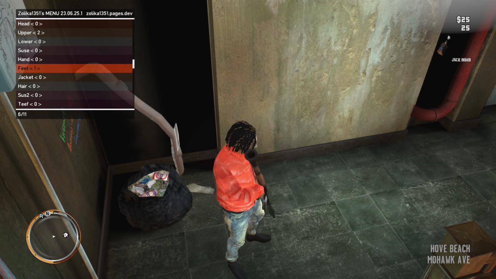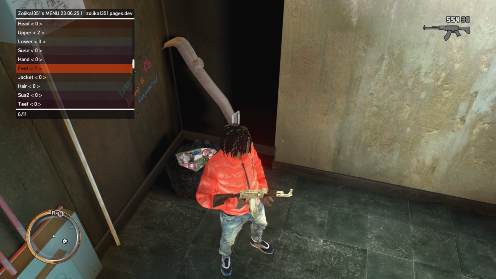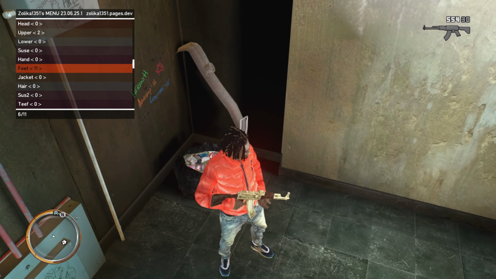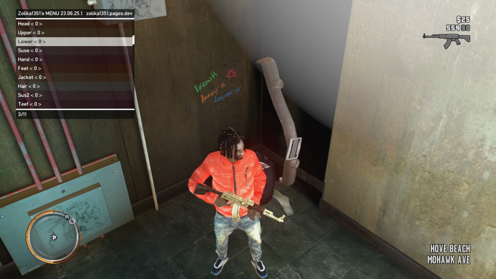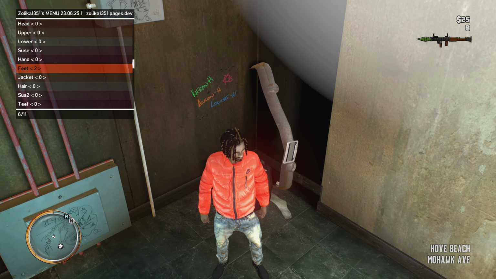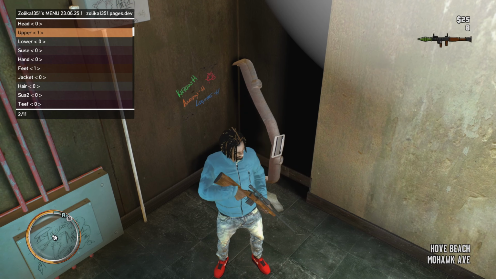Same thing with the shoes. If you go to the left and go to 11, do not go past 11. Same thing with the textures as well. If you're going to change the color, don't go past a certain color. I have to find the color. I think the colors on the shoes are fine actually. It's the jacket you don't want to do that on.